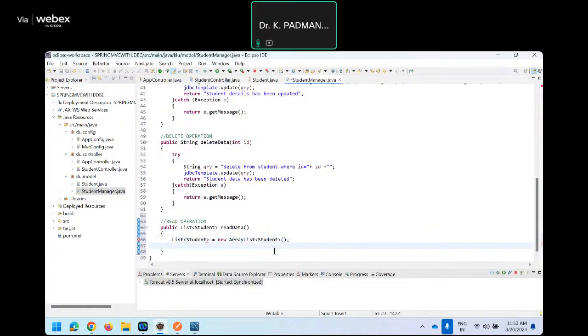So I just created the object for the list. I forgot to give the object name. So sList is the object of List. The List is created for the entity class Student and it is initialized by using ArrayList of Student. Then